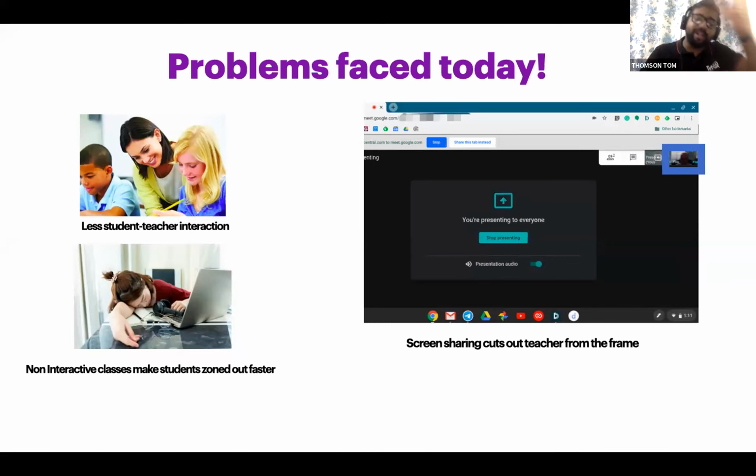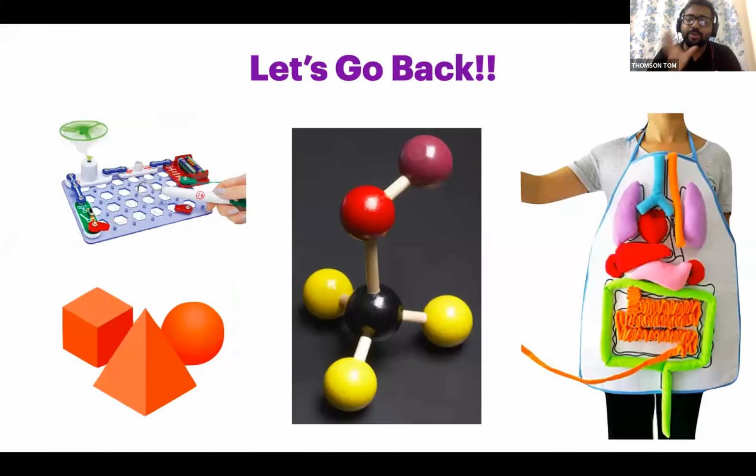Let me take you to a pre-COVID era where you used to go to your classes with these kinds of equipment. It can be a sphere or cube made out of cardboard or wood. It can be some balls. It can be even some stones. My chemistry teacher used to bring different types of stones to show the atomic structure. So it's not about how good looking it is, it's about how well it explains the concepts. My physics teacher used to bring a lot of equipment to show me the electric circuits.